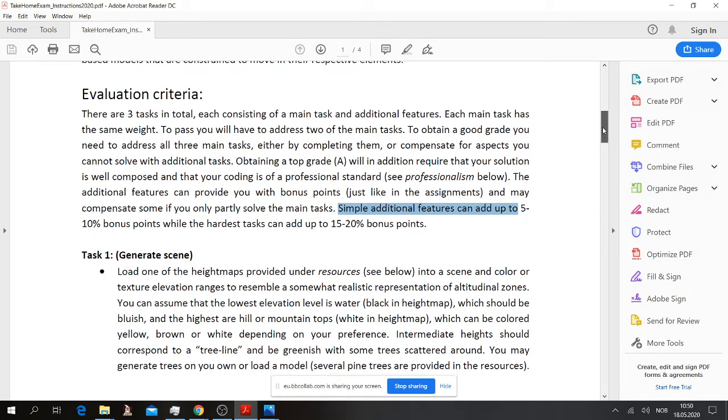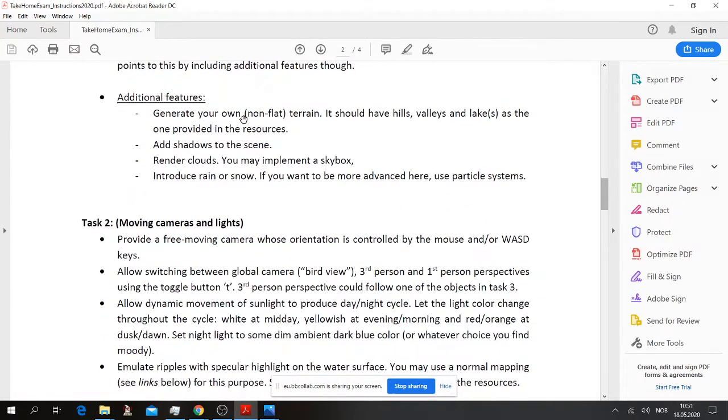So let's say, for example, in task 1 here you have the possibility to generate your own terrain instead of loading the image. Now, of course, if you just generate a flat terrain, you will pretty much not get any points at all. But if you make a really involved terrain, that can give you up to 20%, for example. So there's a lot of flexibility in these tasks.